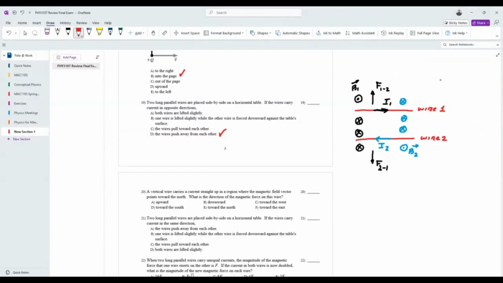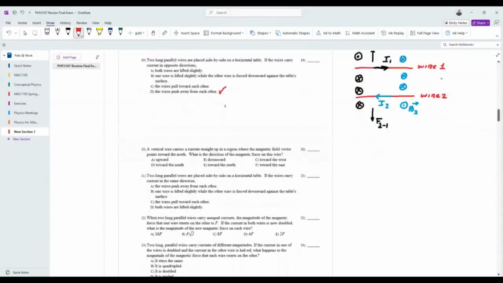Let's see the next case. So they say now a vertical wire carries a current straight up in a region where the magnetic field vector points toward the north. So what is the direction of the magnetic force on this wire, right? So this one is a little bit more difficult to see because here we have